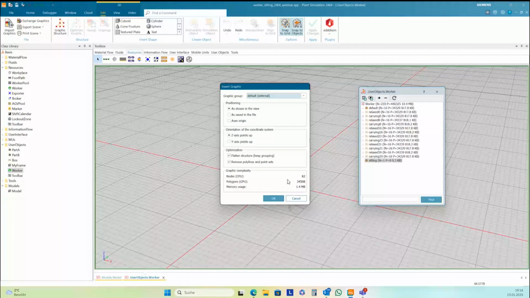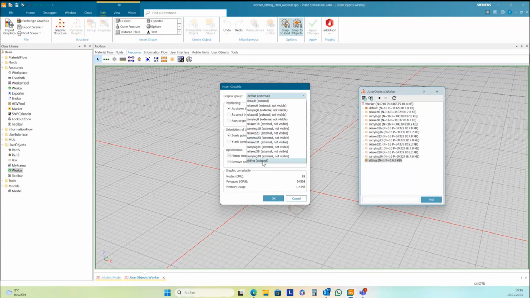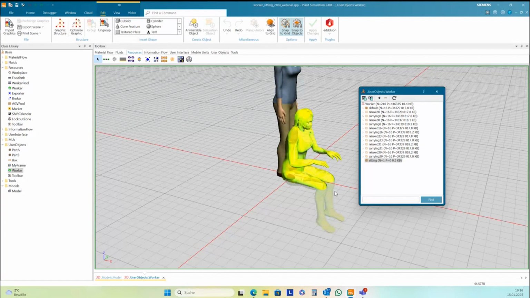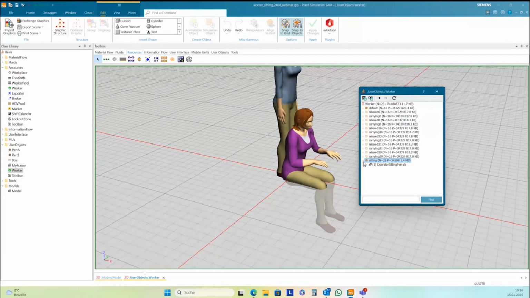And if you click with the left mouse into the 3D window, you get this dialog. And here on top, we need to select the graphic group where we want to import this graphic, and we want to import this graphic into the graphic group sitting. Okay, now we can update the 3D graphic view here, and now we see it here.